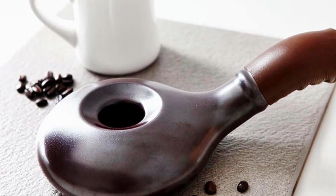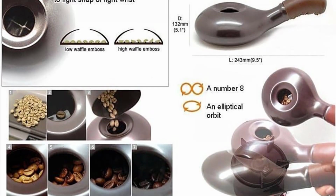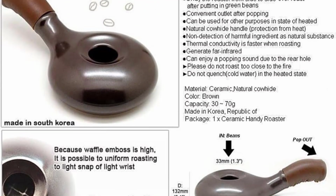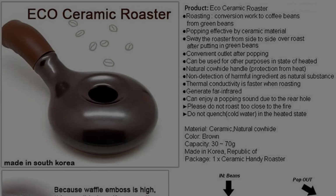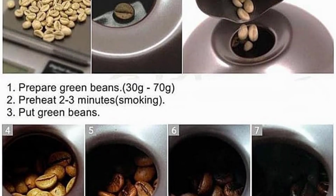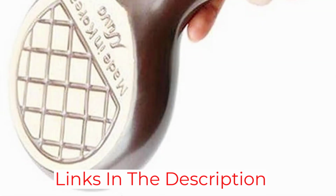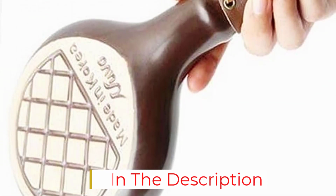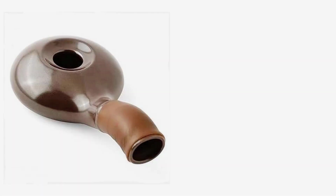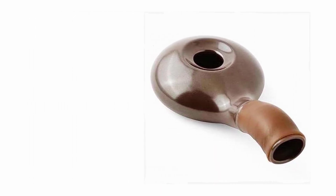The manual, handheld item can roast up to 70 grams of beans at once. This is a smaller capacity than most electric roasters but still enough to brew several cups of coffee afterward. While the grip does protect your hands, it's wise to wear gloves while using. A hot roaster should not be placed on a cold surface or immersed in water. Even though it's a serious tool, the item is attractive enough to use as a decor item when it's not roasting beans, so you can leave it on display rather than hiding it in the pantry. Plus, it comes at a budget price,